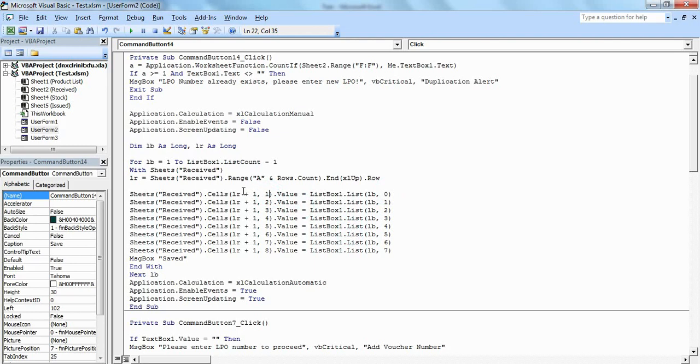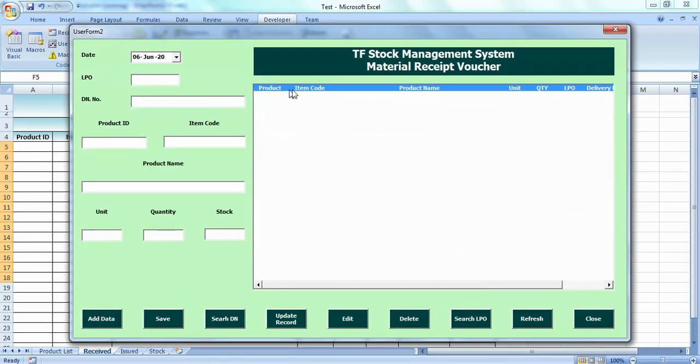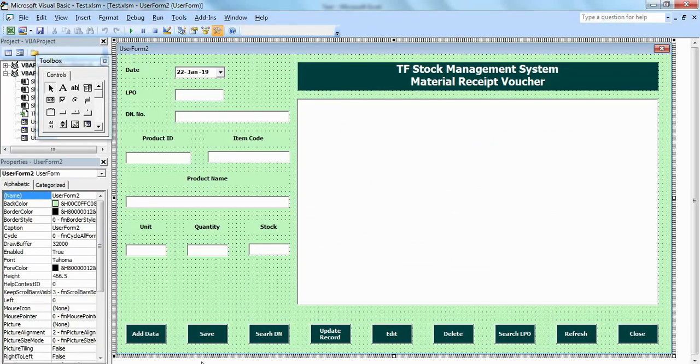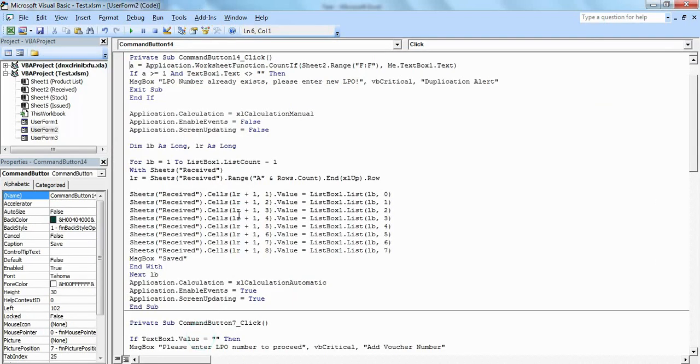In the loop I mentioned LB, which tells us our row. And you know that in our last video we learned how to add the heading. This heading is our first row, which is row zero. That is why in our coding we created the loop starting from 1, not 0, because 0 is our heading.